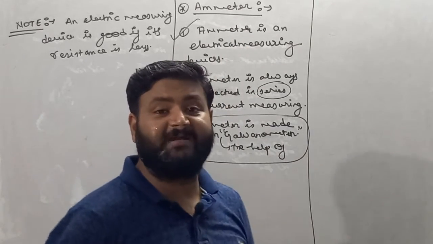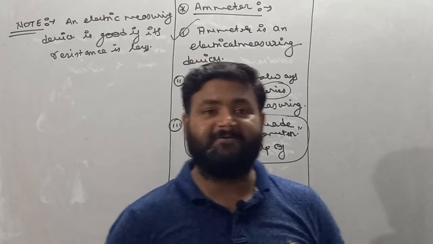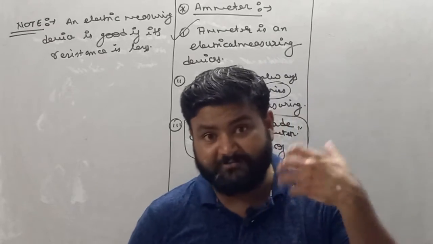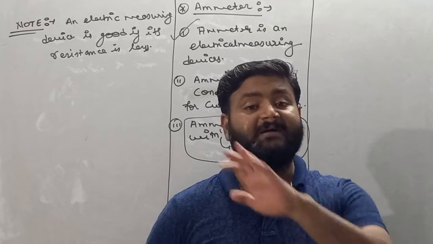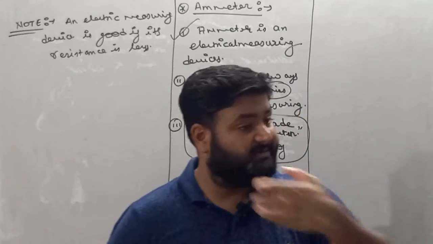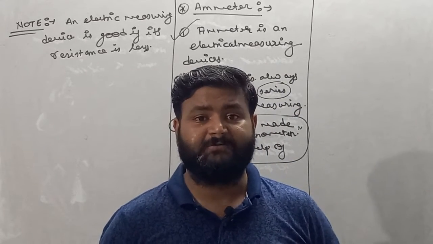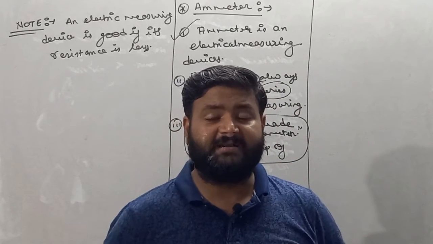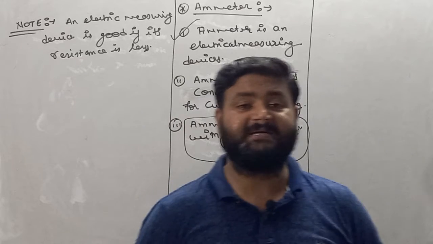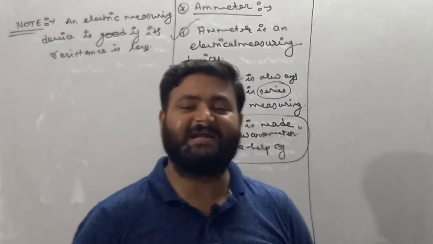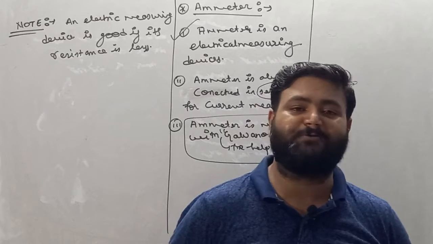Why will you reject galvanometer, my dear student, as current measuring device? Because galvanometer carries its own very high resistance. Due to its very high resistance, we can say galvanometer does not give the accurate value. So neglect the galvanometer as current measuring device. This is basically a very important concept. Try to understand this thing, then only you'll be capable to understand what I'm asking about ammeter.